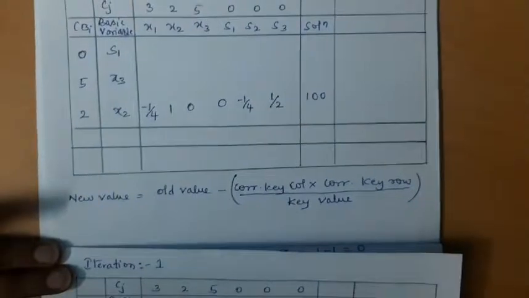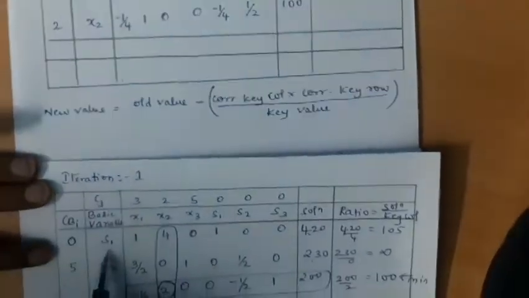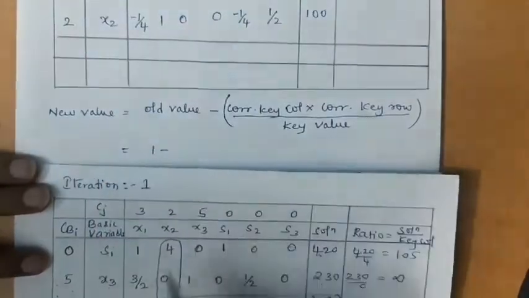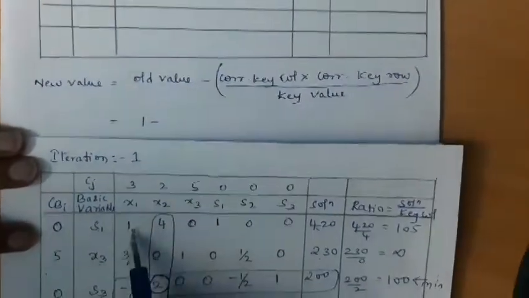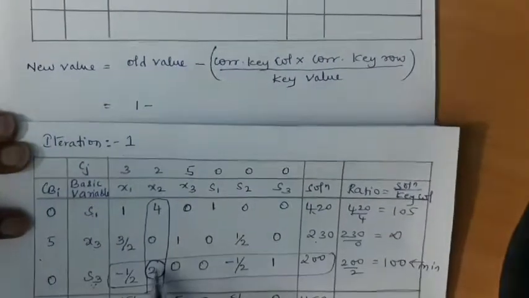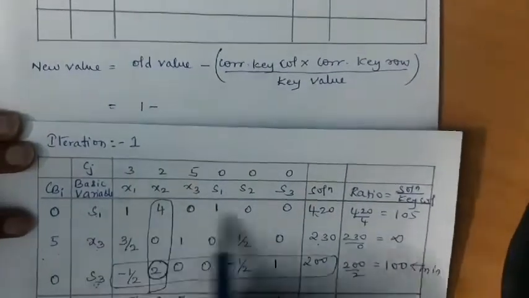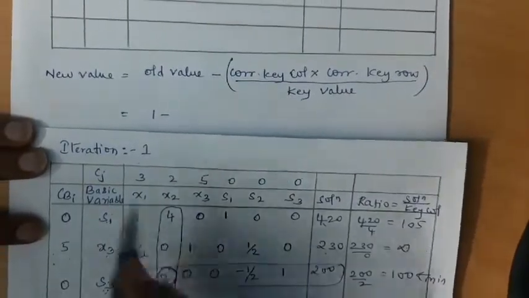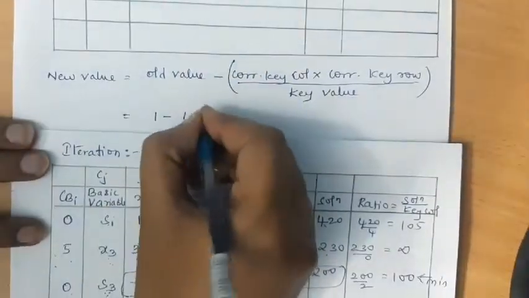Now first let us find for S1. So for the S1 row, the first old value is 1. So 1 minus the corresponding key column value. In this row, along with the key value 2, which value is selected in this row? So 4. So the corresponding key column value will be 4. So 1 minus 4 into